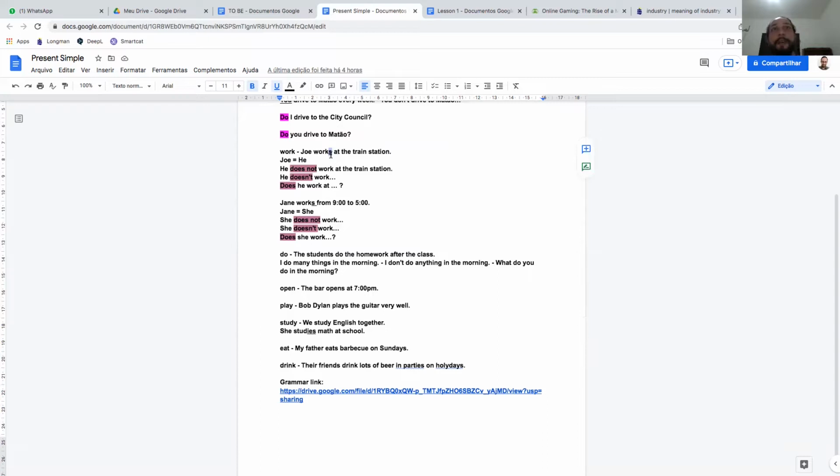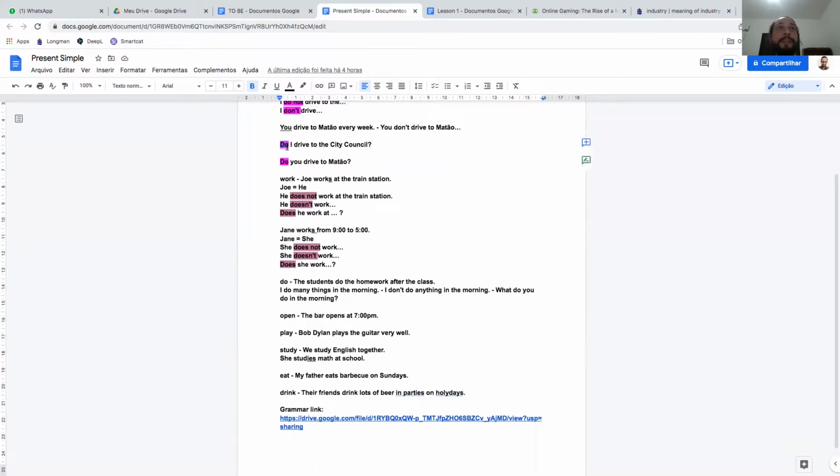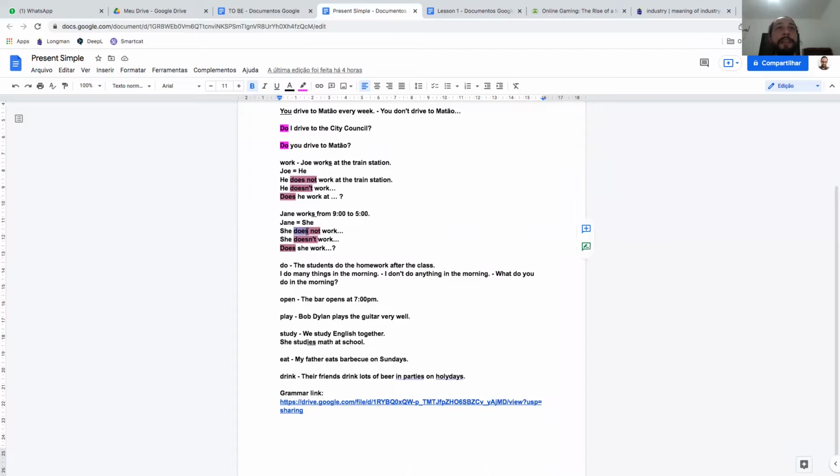When you have the S sound and the different letters, the auxiliary verb, which is do in the present simple, turns into does not, which turns into doesn't, or do turns into does in the question, and then you drop the S from the main verb. So here we have the main verb work without the S, because we already have the auxiliary verb with the S sound. So you only put it once, one time in the sentence. Okay, this is very important.